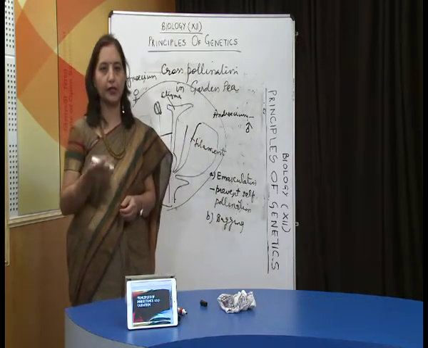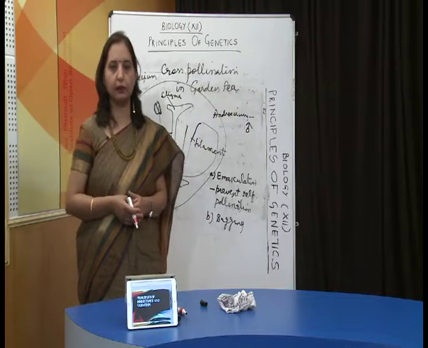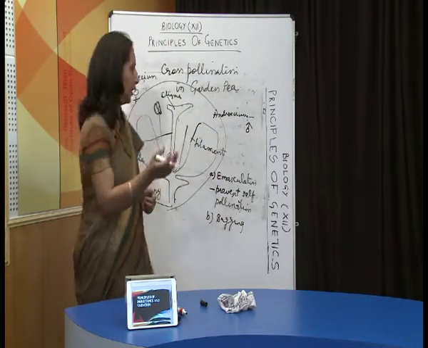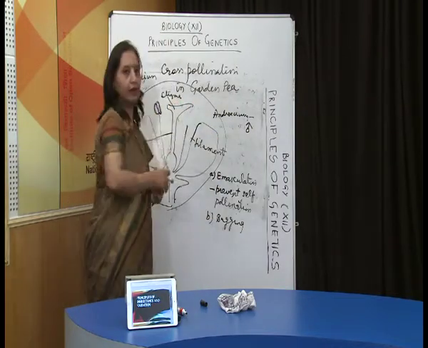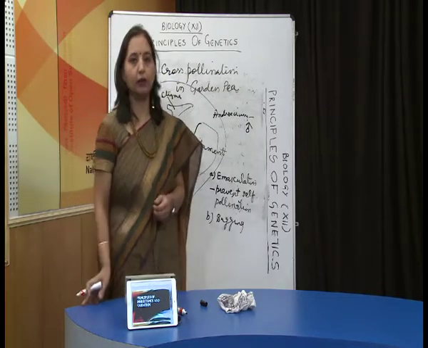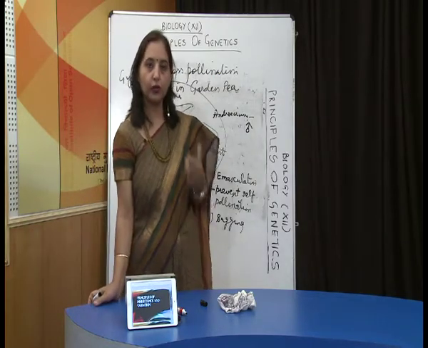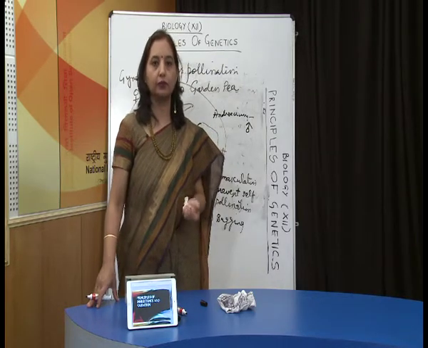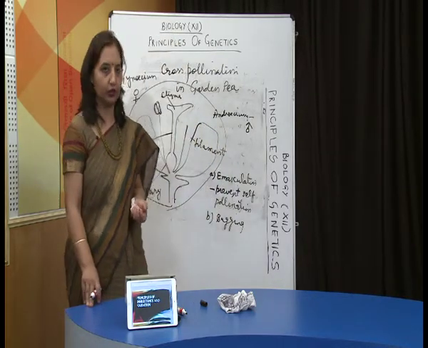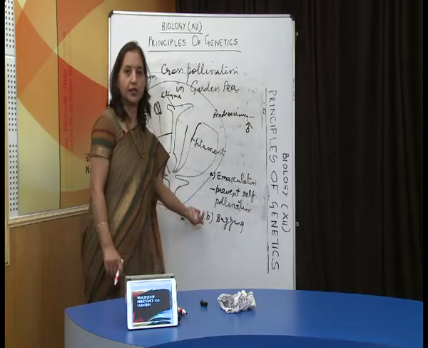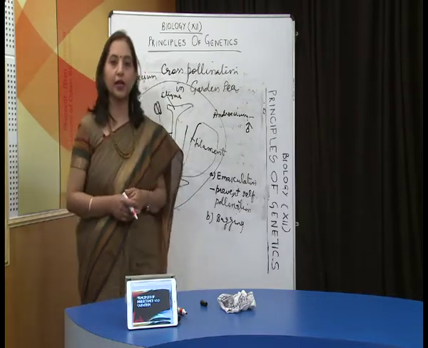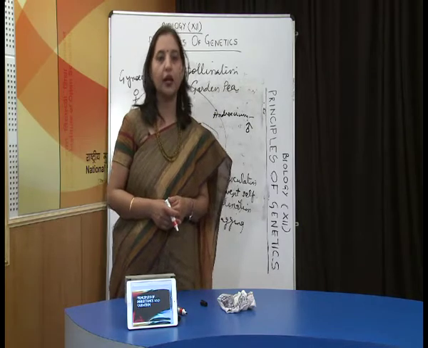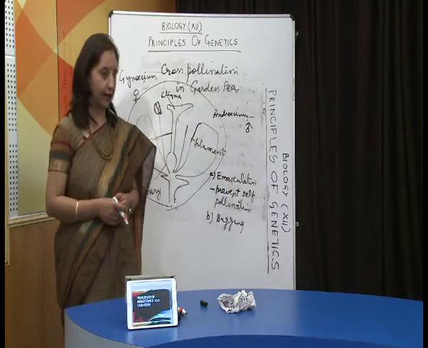There might be pollen grains coming from some undesirable plant which we don't want, and they can come and lie over the stigma and bring about cross-pollination. So to prevent the contamination of the stigma from unwanted pollen grains, this step was done, that is bagging, that is covering the emasculated flower with a polythene bag.